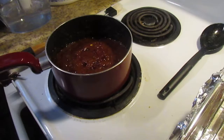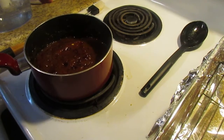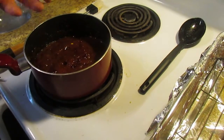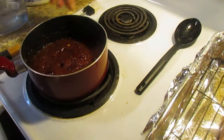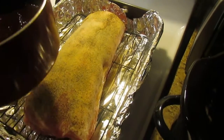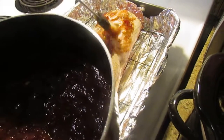So instead of apple jelly, I used 1 cup of apple butter in here. A little bit of chicken broth to make it a little more liquidy, and some mustard. I put probably 3 tablespoons of mustard in here, and I stirred it up real good. And now I'm going to, let's see how this works, I'm going to coat the pork loin with this seasoning or sauce,